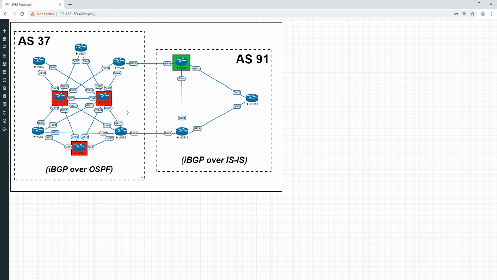Okie doke. So I understand this can be a confusing concept if you're new to route reflection and clusters, but trust me, the best way to deal with this is to lab it. So I think what I'm going to do is end the video here, and the next one we're going to do will be on similar IBGP loop prevention and with scaling out that loop prevention, and that is using BGP